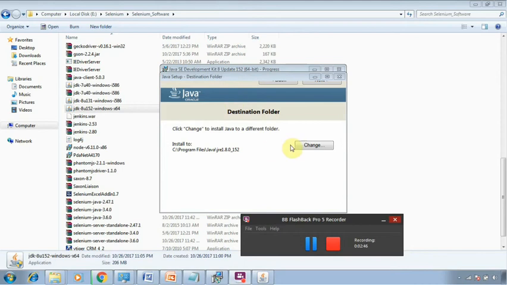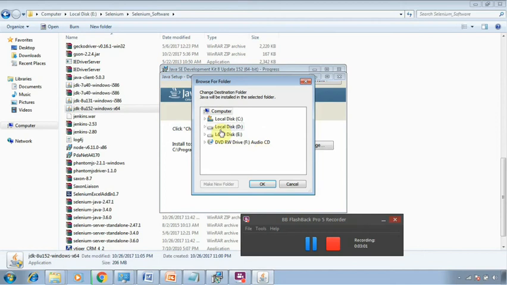Okay, so now it is asking to change the destination folder for the JRE installation, because this particular setup will install JDK and JRE both. So JDK has been installed. Now it is going to install the JRE and asking for the path. Because my software is 64 bits, it will be installed in C program files. So I am going to the Java folder here, and here I need to select this folder and click on